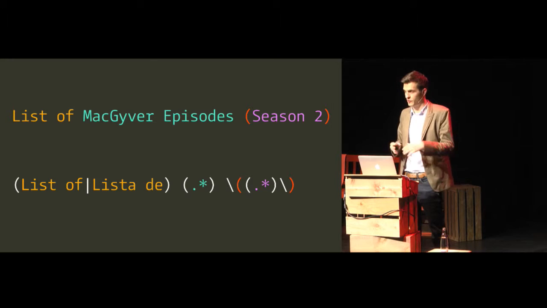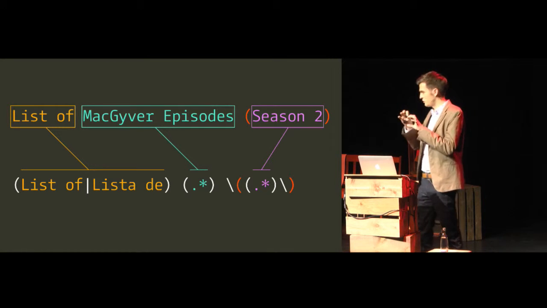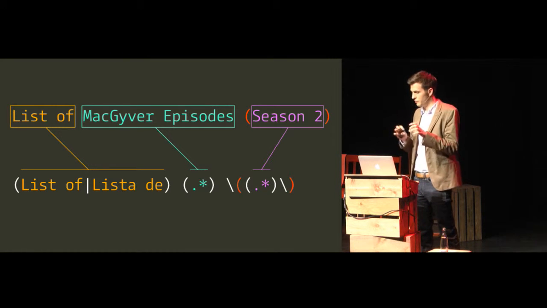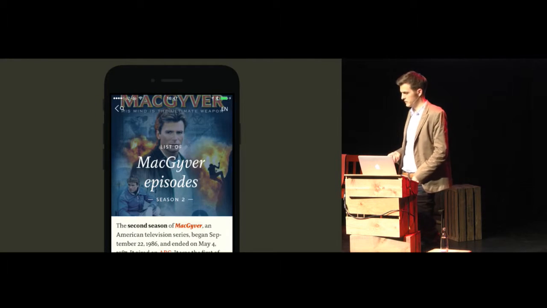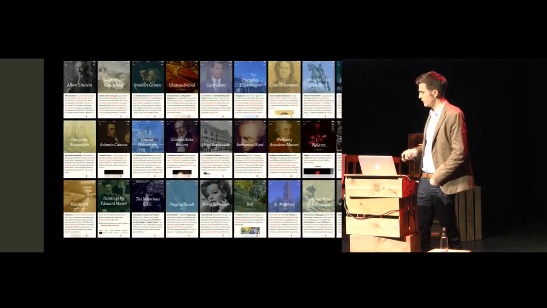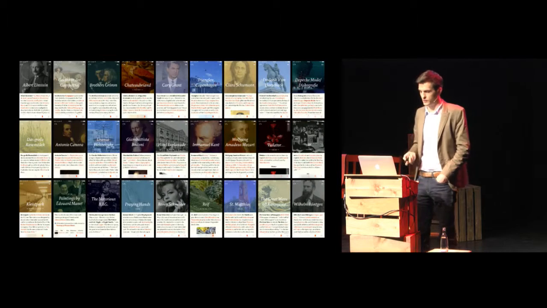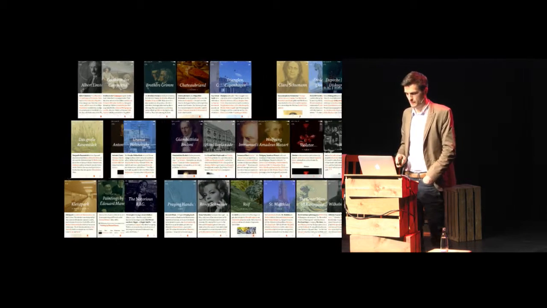Typographers should love regex. It's just the perfect tool to reformat text. Because this can break down this title into these 3 tokens, and I can do whatever I want with them. And just apply the formatting that I want, like this. And once again, if I build this once, I can apply it to all articles on Wikipedia and just use the power of algorithms to make it look good.